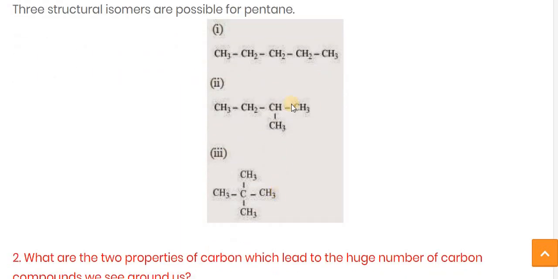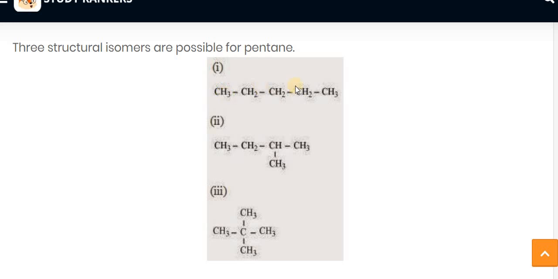So this kind of structure we consider as a branch structure. Same here in the second structure, only one branch is there, but in the third case, you can see the branches arise in both the upward and the lower direction. Here you can see the total number of carbons and hydrogens in each of these structures is the same, but the arrangement of the methyl and the carbon is different. So this kind of structure we consider as an isomer.